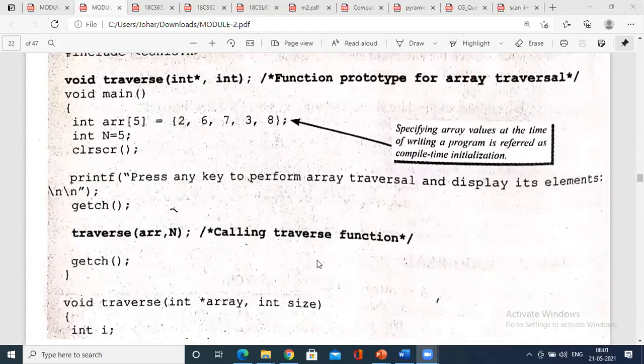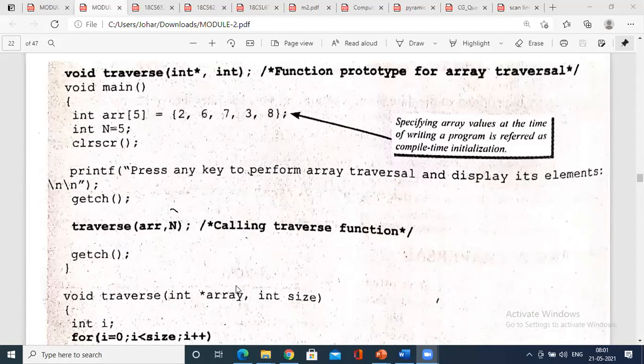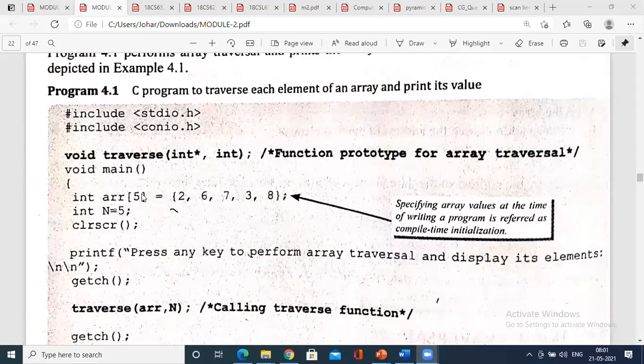Traversing, it is not mandatory that you should go with separate functions. Traversing using a for loop, how do you fetch the data? See, this is already stored in the data. We are not storing it from the keyboard. The array is already stored. So how do you, array of 0, 1, 2, 3, 4, the maximum size of the array is 5, fetch the data of it?